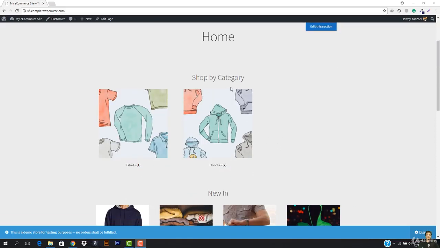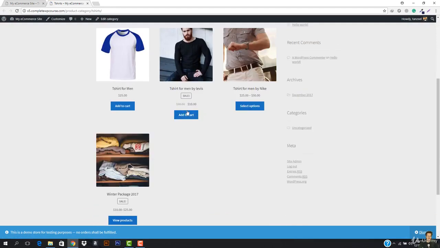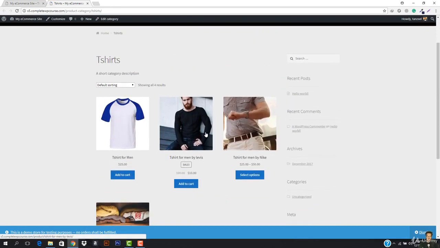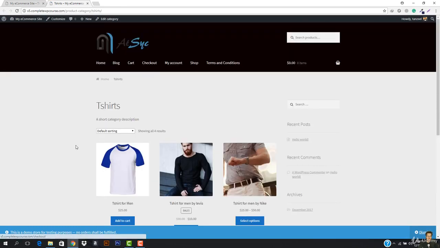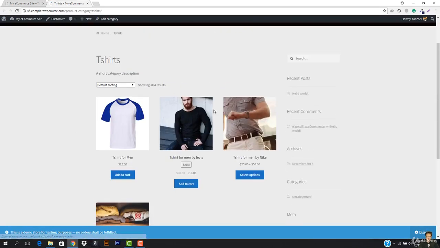So now in this video we'll be working with the category section. If I just go to the men category, then in the t-shirts category you can see that we have two subcategories, men and women. If I want to show the subcategories here instead of the products in this category, what I have to do is